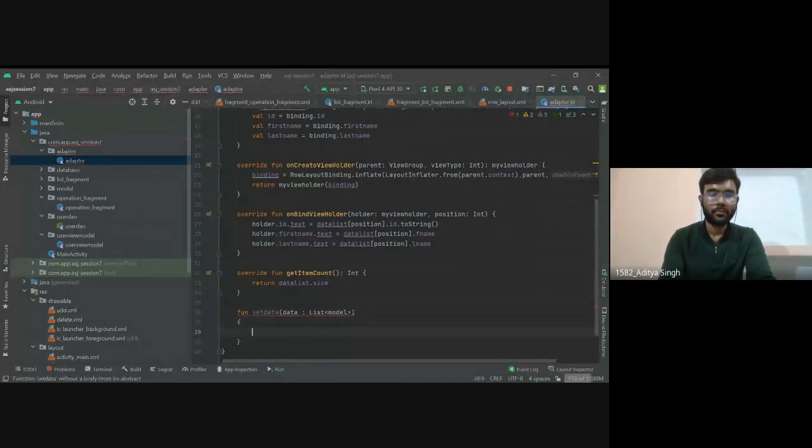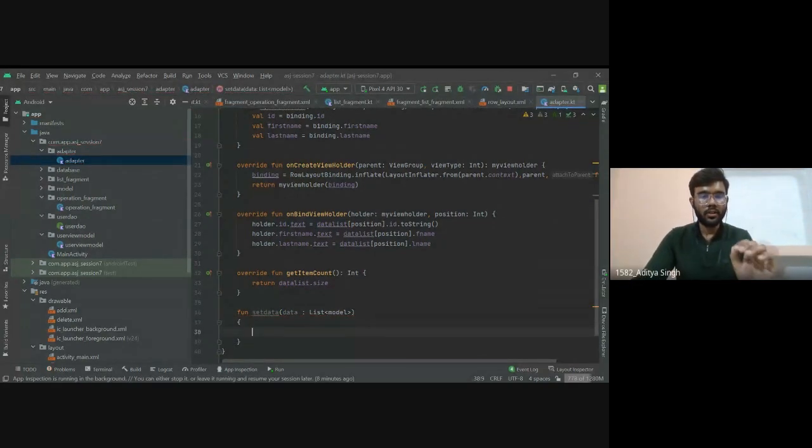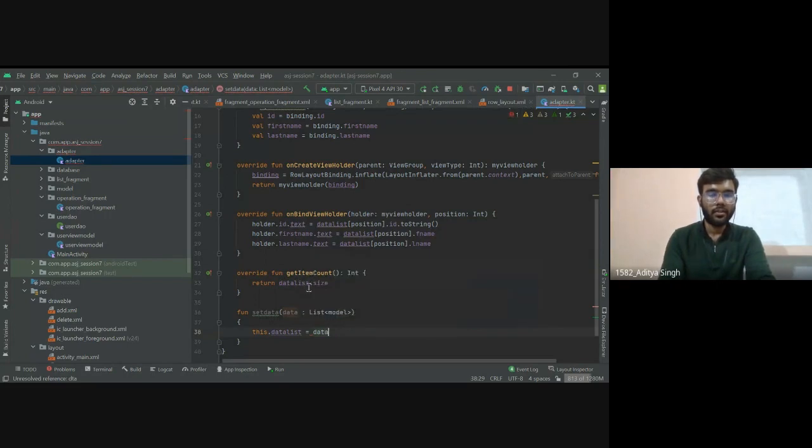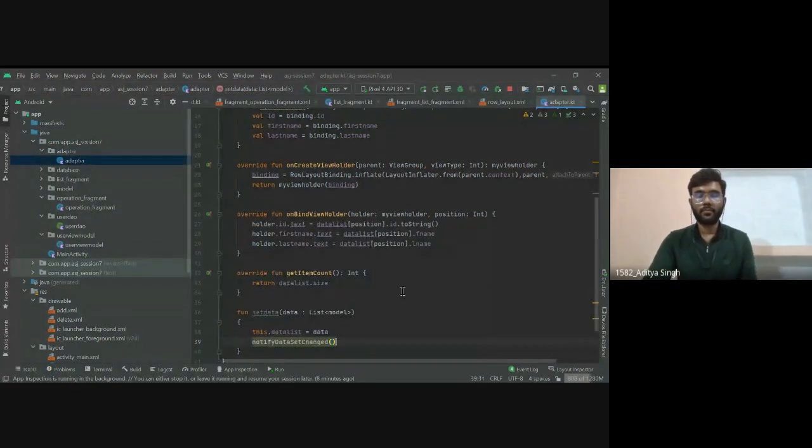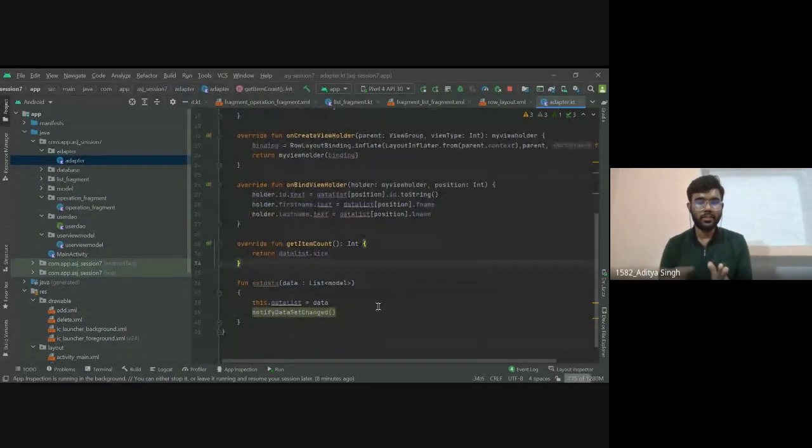We will pass our list to this function, and this function will initialize the dataList we have created in this adapter. How will it do that? this.dataList equals data. And now we will call notifyDataSetChanged. So all the functions inside the adapter, the adapter part, is done.